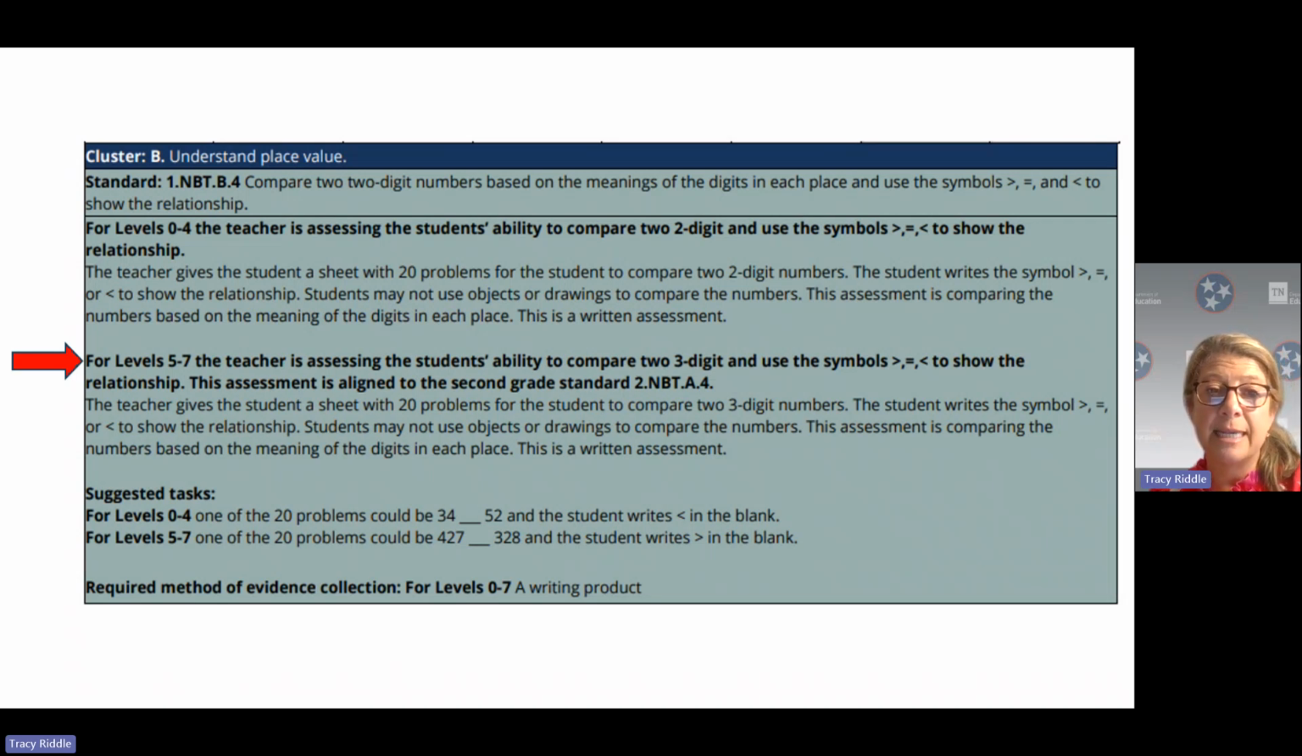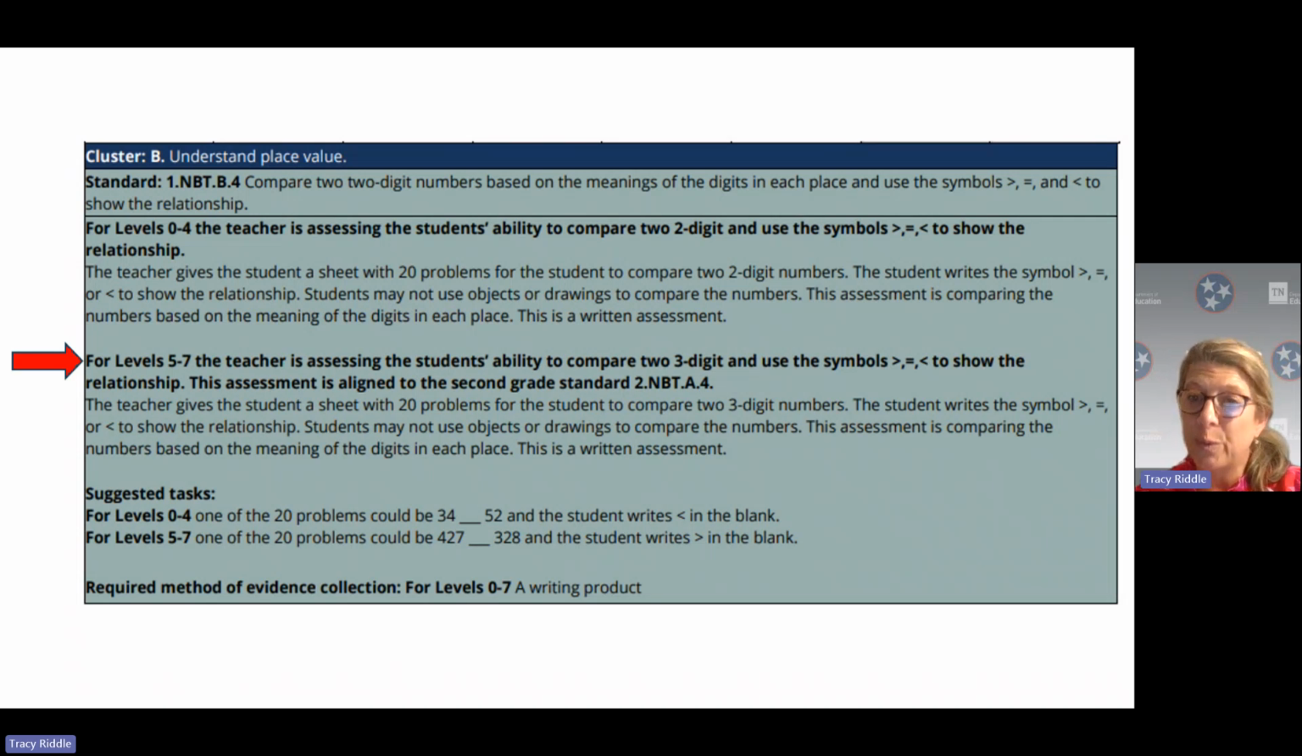Here, the teacher is assessing the student's ability to compare two three-digit numbers and use the symbols greater than, equal, or less than to show the relationship. This is aligned to the standard 2.NBT.A.4. For this second grade standard, the teacher gives the student a sheet with 20 problems for the student to